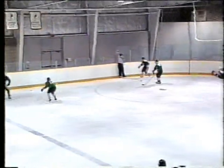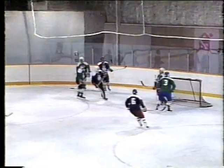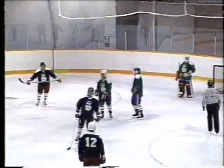Green Hornets have it. Number 8 of the Green Hornets, Gord Travis, tries to skate around and get it out of his zone. Looking for someone to pass to, but it's picked up quickly by number 6 of the Blues brothers, who shoots it out in front. No one to pass to. Brad McKinnon looking for someone to hand that puck to try to get it in the net, but it's caught quickly by the goaltender in the air. We'll see a face-off once again. Both teams are now even-handed, but soon...